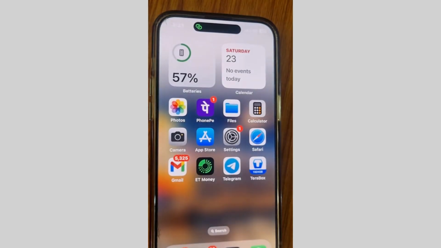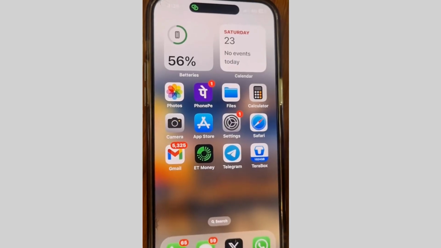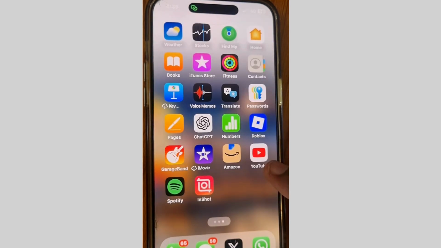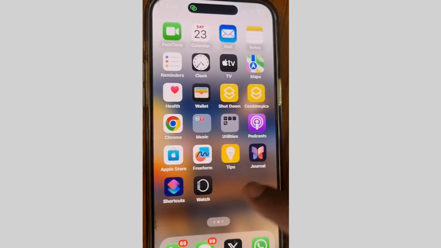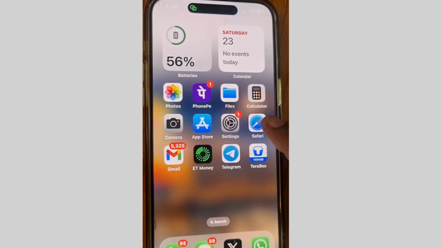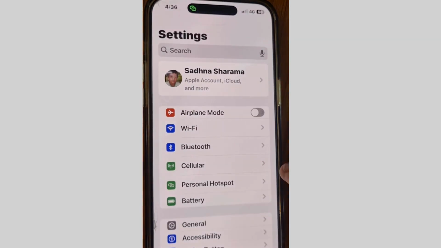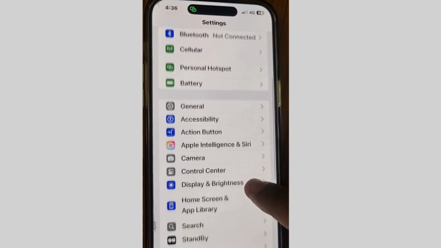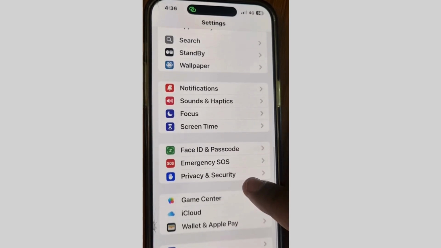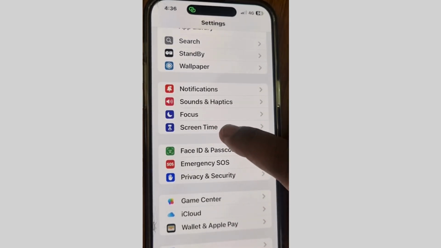Now we will see how to permanently disable or turn off private browsing of your Safari browser. To disable or permanently turn off private browsing, tap on Settings of your iPhone. Here scroll down and go to Apps, go to Screen Time,